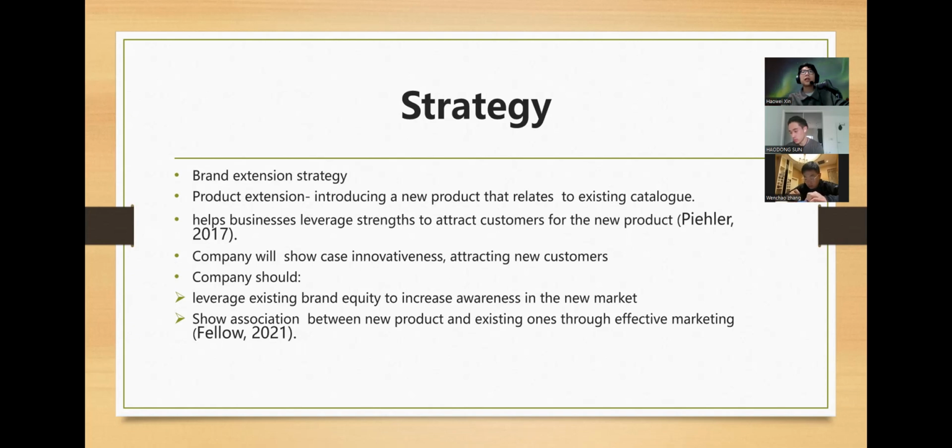By introducing the leather coats, the company will appeal to other customers that were not interested in their current products. Using this strategy, the company will use its established brand name in the new product category. The strategy is also known as brand stretching. The reasoning behind this stretching is that the company can leverage its existing brand equity to attract customers for